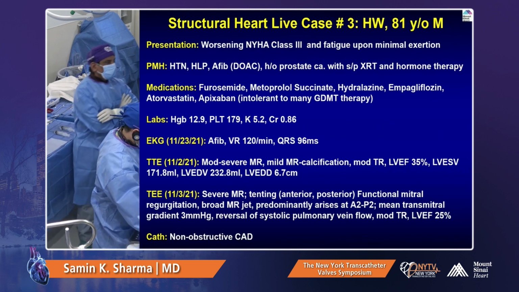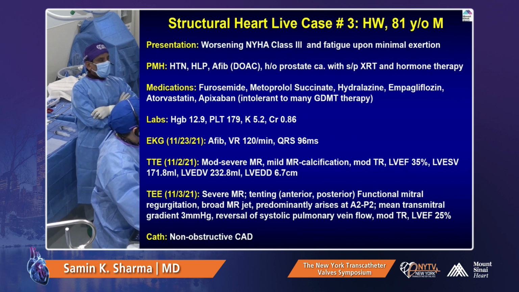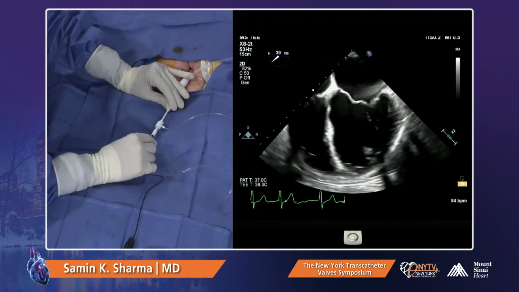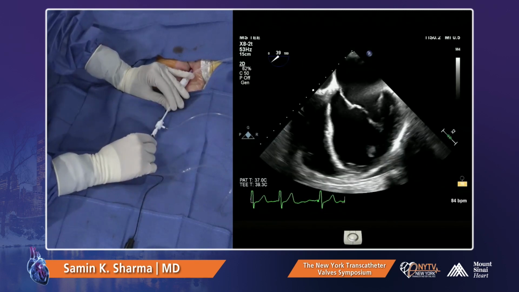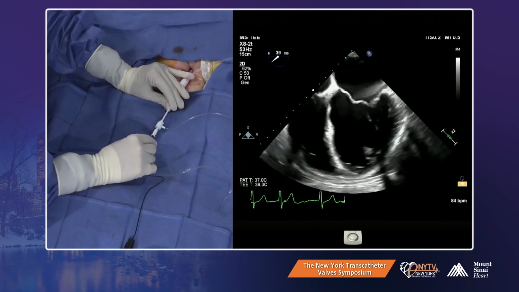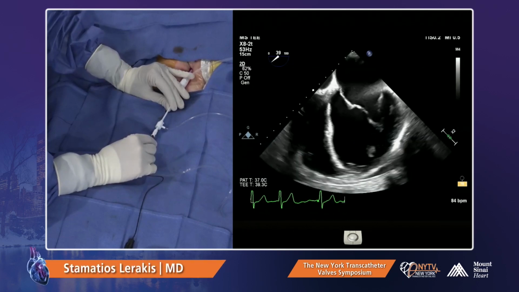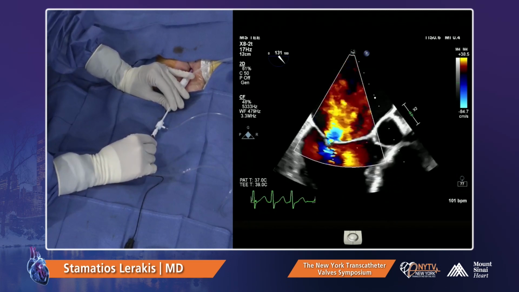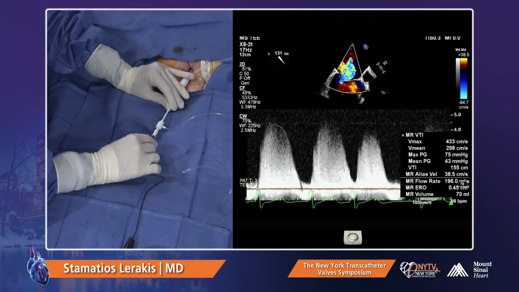Before I describe, can we get the live echo, please. The LV is dilated, and the function is about 35%. RV function is mildly decreased, mildly dilated. You can appreciate the severe mitral regurgitation. We decreased the Nyquist limit just to measure the PISA, and with all the measurements, the MR ERO comes to 0.45 centimeters squared. The regurgitant volume is 70 ml, and the regurgitant fraction is 63%, so